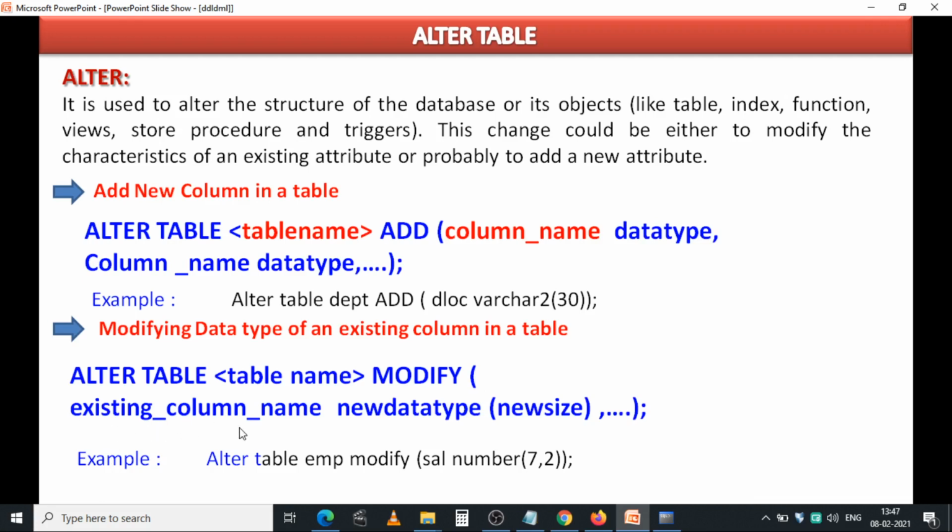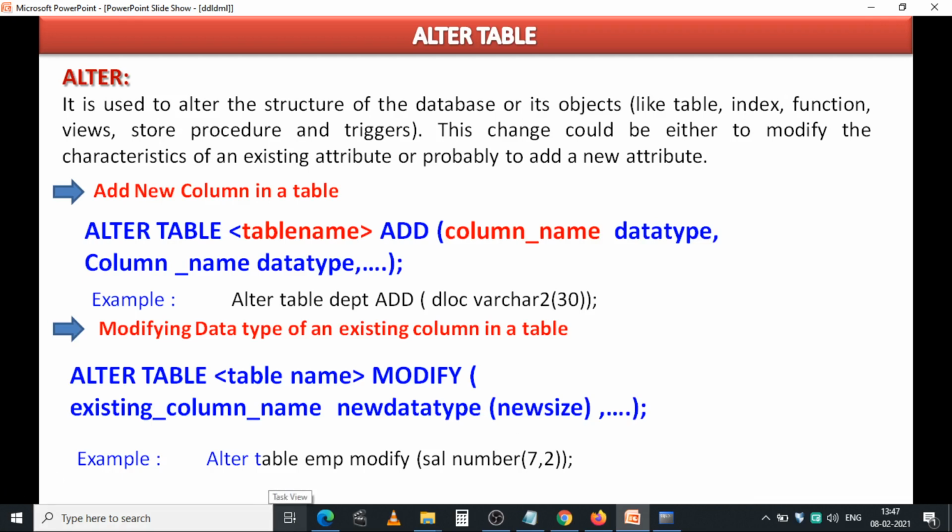You write the existing column name, and if you want to change the data type, you write the new data type. If you want to change the size, you write the new size. Either you can change the data type or you can change the size of the particular existing column.